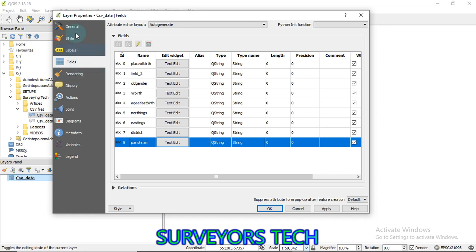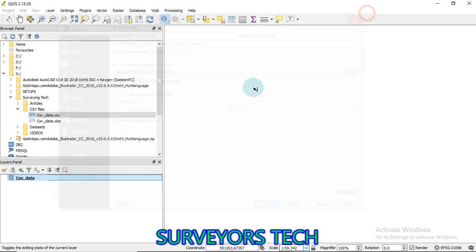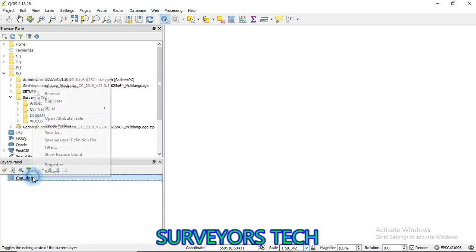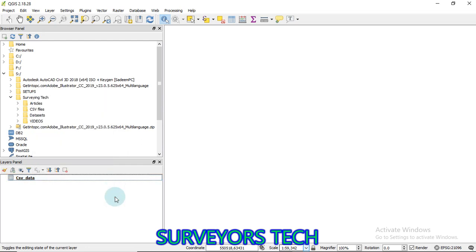That is question number one that you should ask yourself: how can you add that kind of information in a way that you can see points here? So this is option number one in which you can add data. Let me first remove this. We shall display them within the map view.